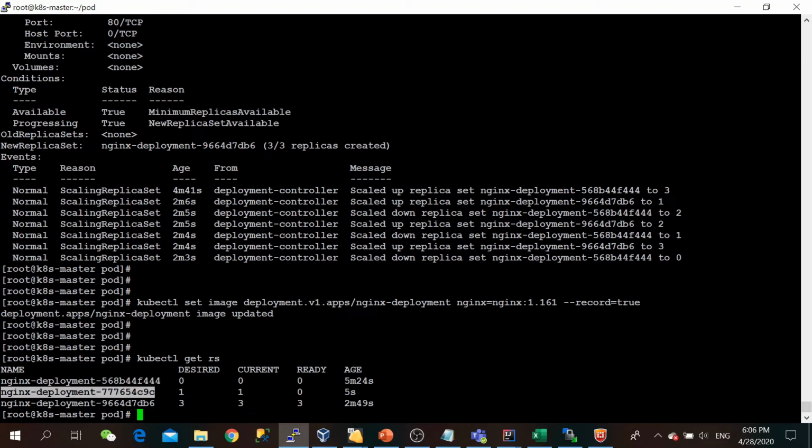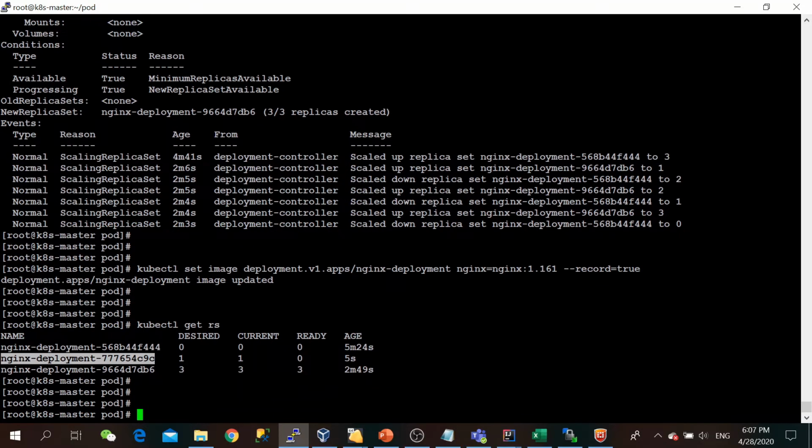Now this one is the new upgrade, and this one is the current deployment. Since I made the wrong entry, this Nginx image is not at all available. So if we see the current status, it will show image pull back off and go into a loop.